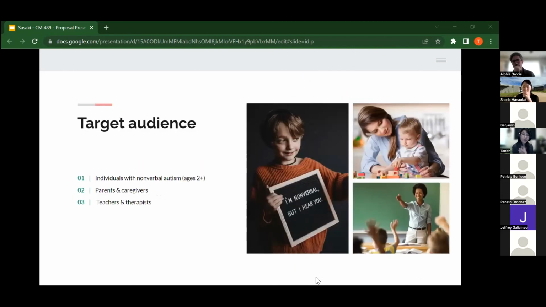So my primary target audience would be individuals with nonverbal autism, geared towards the ages of 2 and up, as it would be most beneficial for them to use the app during their major childhood developmental years. And also signs of autism usually begin to show around this age. My secondary target audience would be parents and caregivers who live with those with nonverbal autism, to utilize themselves and/or alongside the individuals. My tertiary target audience would be teachers and therapists who work one-on-one with the user in a classroom setting or during sessions.